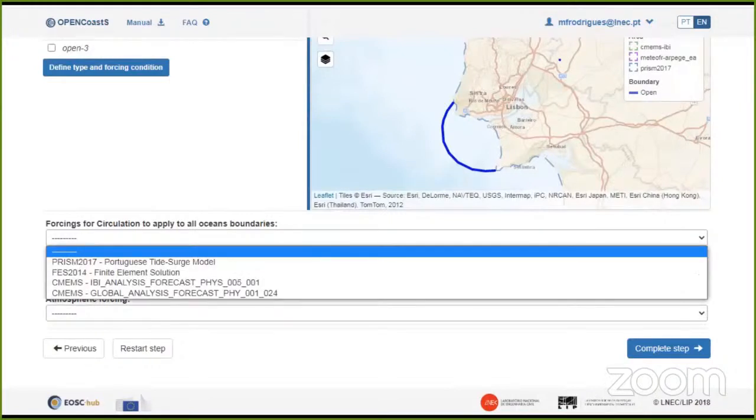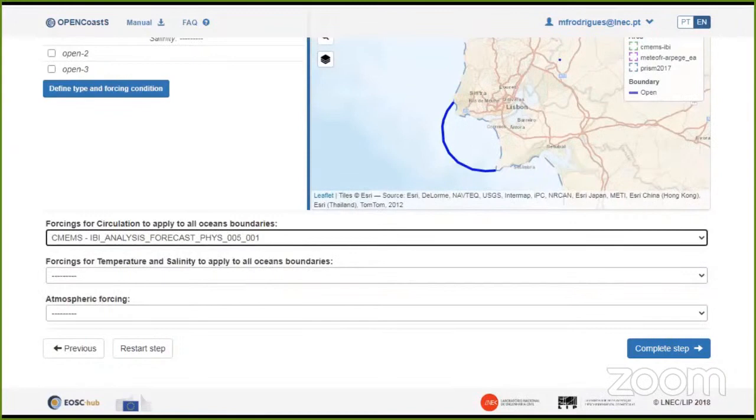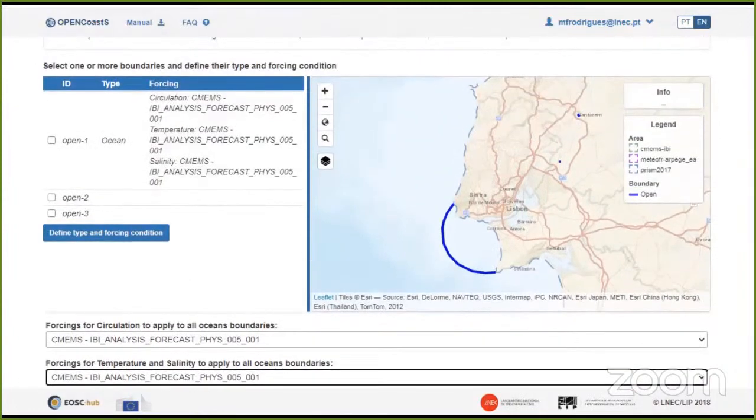So I'm going to choose, in this case, CMEMS EBI, and also the same forcing for temperature and salinity. Next, I'm going to set up the open boundary 3, this one.